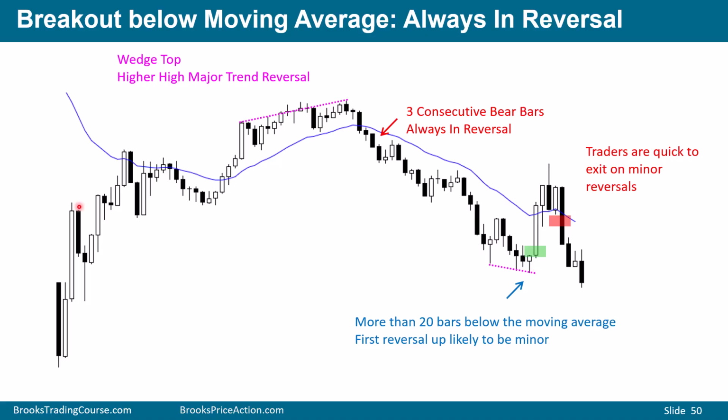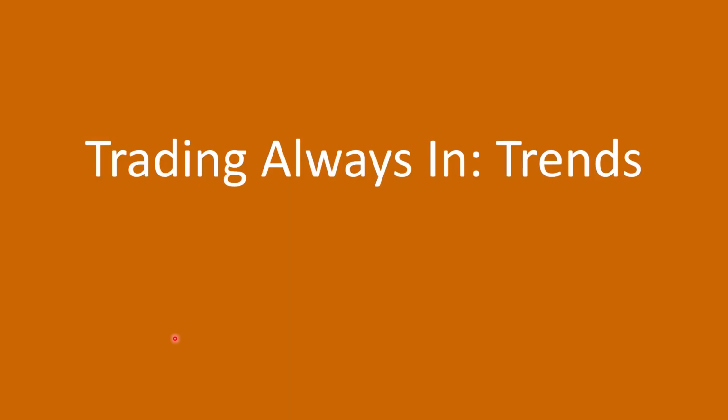The other thing about this chart is it's a spike in channel. It's 2 legs up. But what do you notice about the moving average? It's actually against the overall moving average. And on the prior day, this was a sell climax after a trending environment. We had a gap down and then we rallied. So it's a sell climax. We rallied for a couple of legs, but it's a minor reversal on a higher time frame, and that's why the market went sideways on this chart. Trading always in with trends.